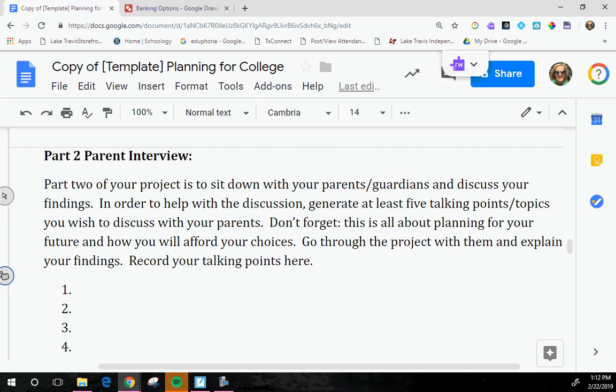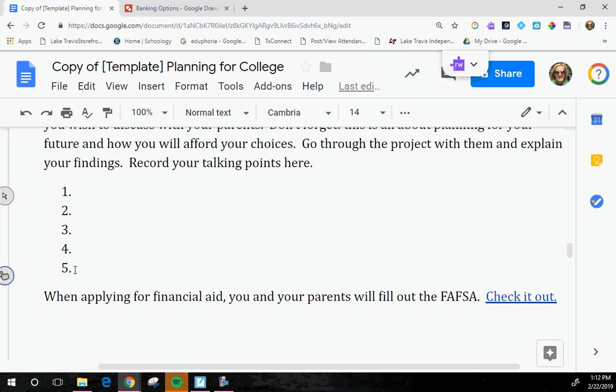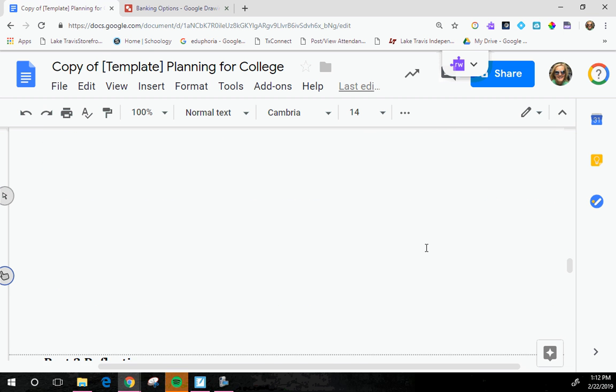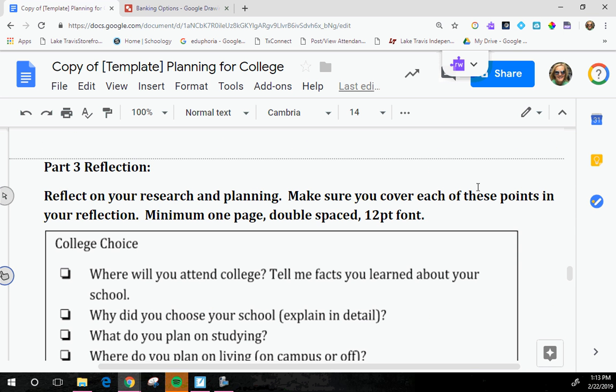We've spent a lot of time talking about this. I'm sure you have some questions. So you're going to write the things right here that you want to talk to your parents about. You're going to have 5 of them. Okay, here's a link to the FAFSA form. You don't have to fill it out, but it's just a good idea to look at it so that when it does come time for you to fill it out, you are already aware of everything that you need. And remember the video we showed, it's almost like a first come, first served basis. So in January of your senior year, you want to have all your ducks in a row so that you can get that application filled out ASAP.